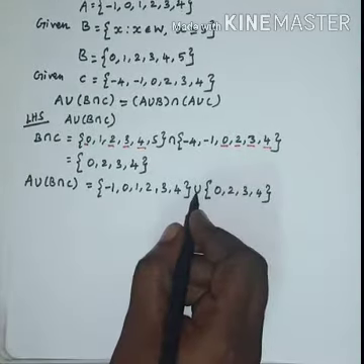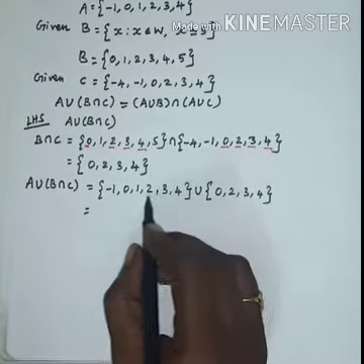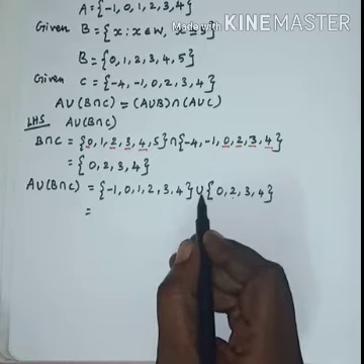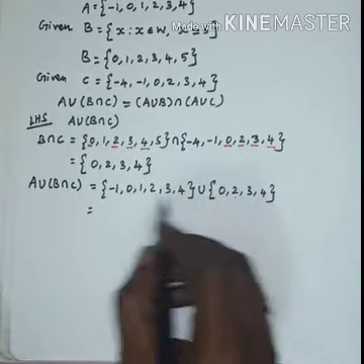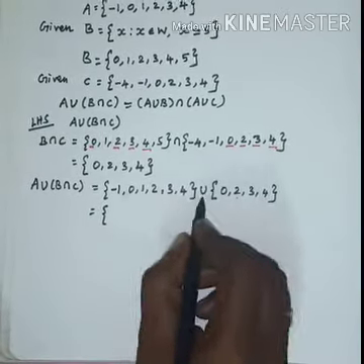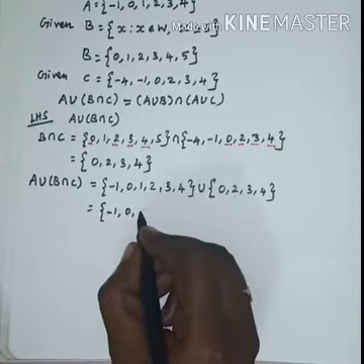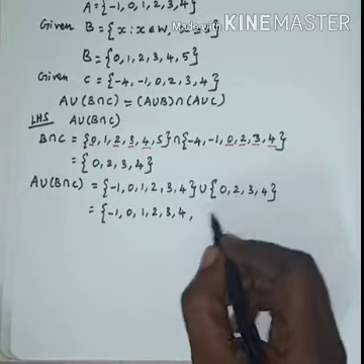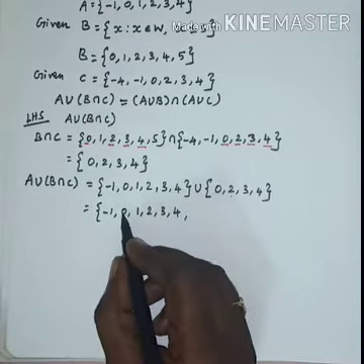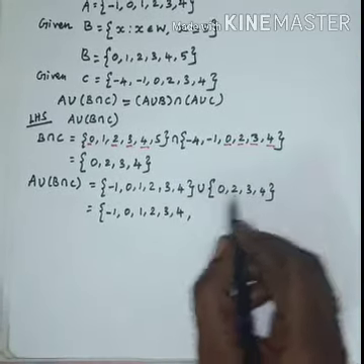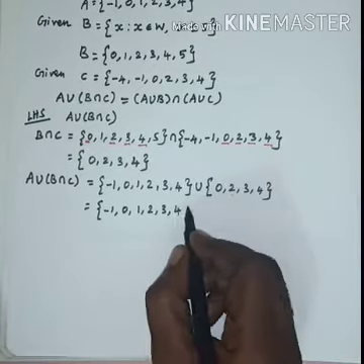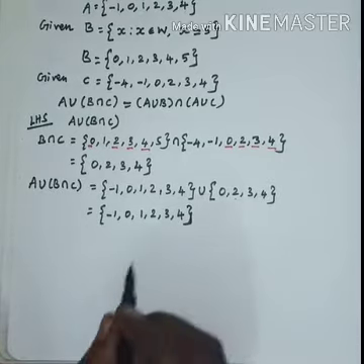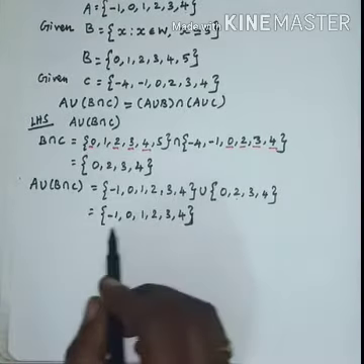Now the union symbol is given here. So we have to combine these two sets together, isn't it? Because the union symbol is given in between the sets. So we have to write all the elements in the first set: -1, 0, 1, 2, 3, 4. And then in the second set, 0 we already wrote, 2 we already wrote here, 3 also we already wrote, 4 we already wrote here. So no need to write the elements once again in the set. Okay, so the left hand side we found.